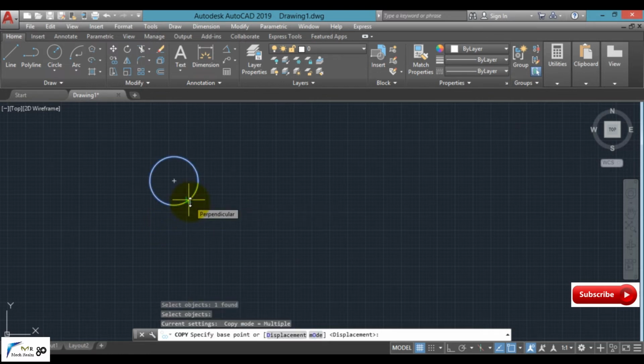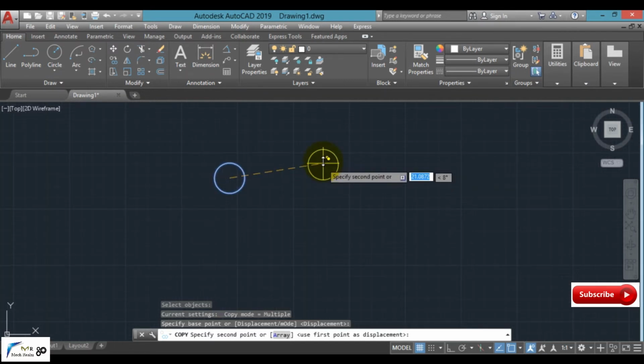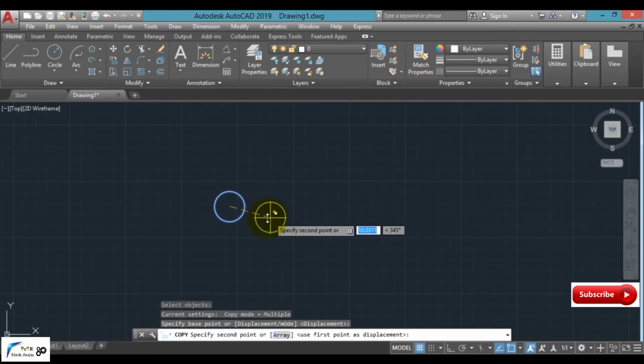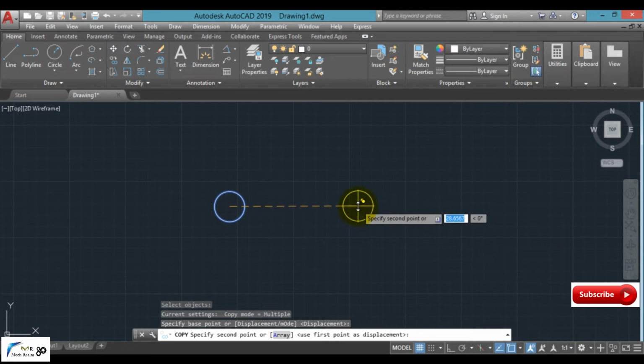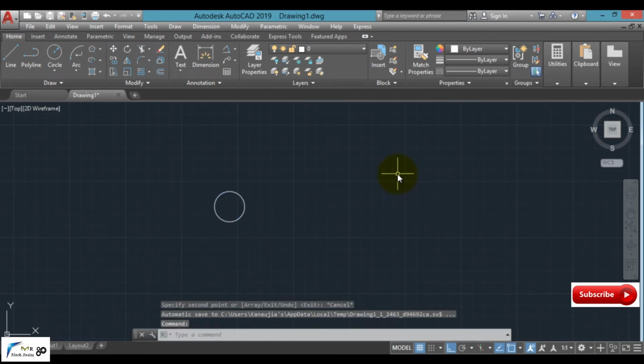Now we have to define a base point from where we pick it. Let us select the center point as the base point, and we have to select a direction and a distance where we place this copied object. Clear? Now let me turn on ortho in order to create it in a straight line, and let me provide the distance as 200 and click OK. Clear? And press escape.